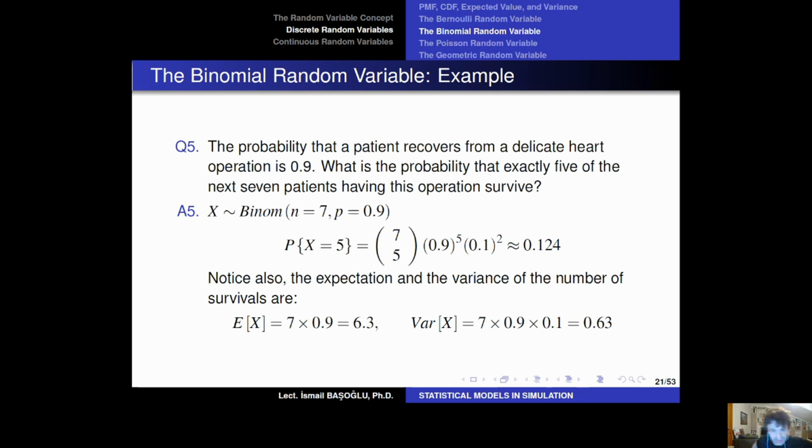And even though the question does not ask for the expected value and the variance, we are still calculating them for the sake of completeness of our learnings and of our revision on this part of the